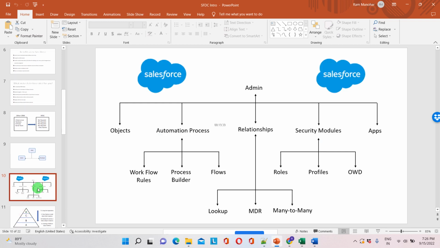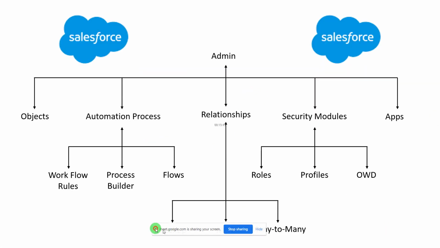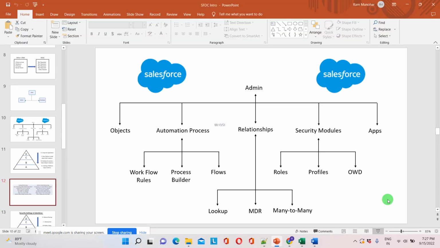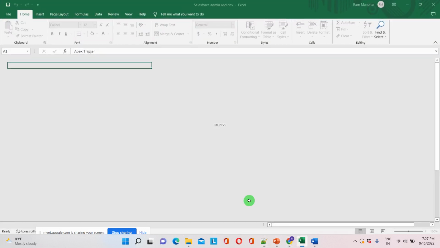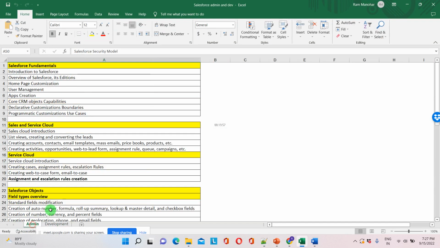And this is the module of admin part. In admin, we can discuss all this information. So better before this, we can go with this part. So coming to admin part,